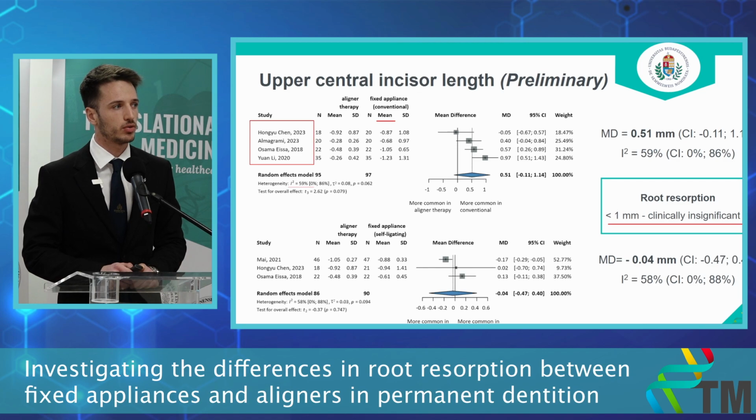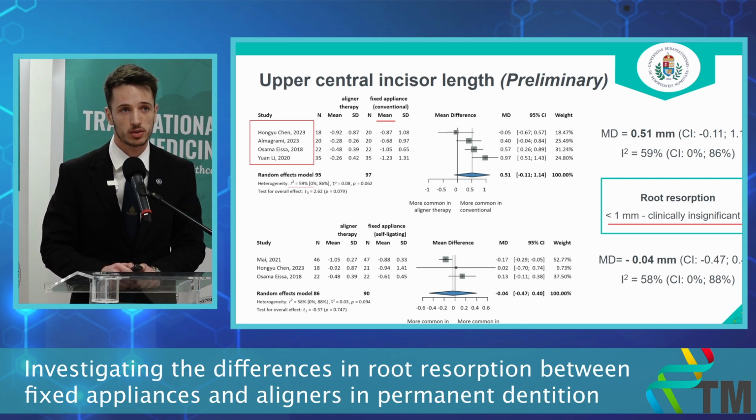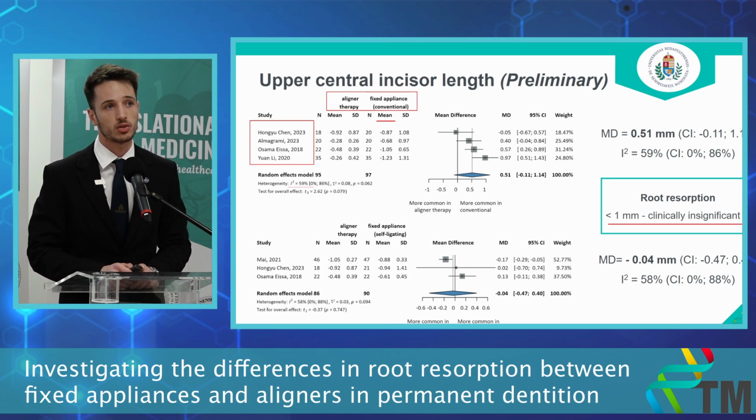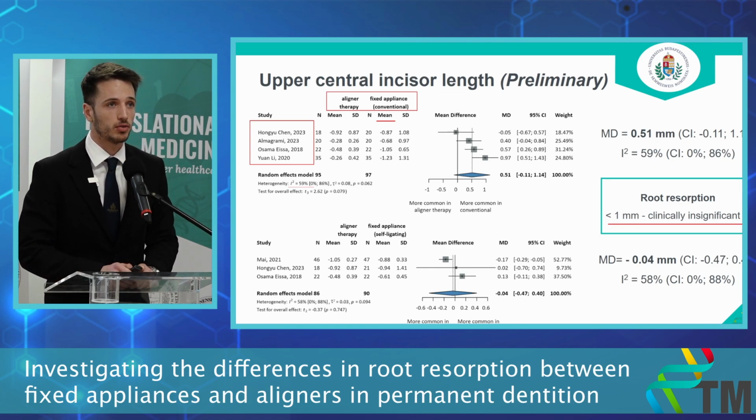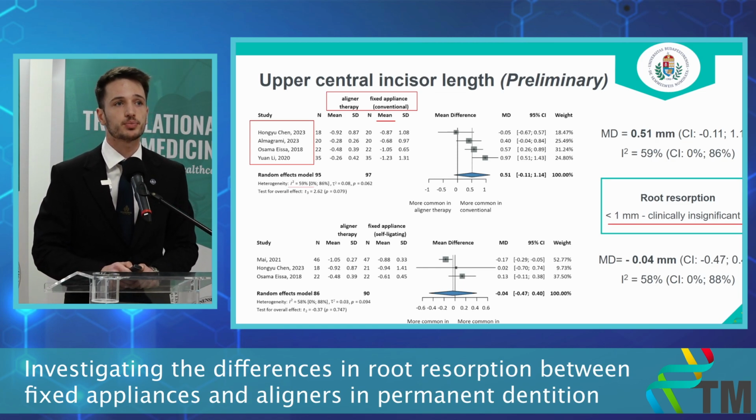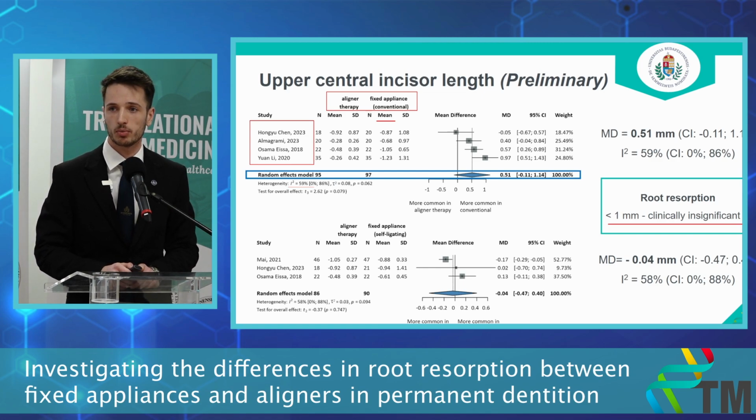With the I-square of 59%, we can say that there was a high heterogeneity. This can be due to the differences in demographics and also the treated malocclusions and the treatment time. In this case, I've compared aligner therapy with conventional fixed appliances, and the mean difference of 0.51 millimeter is below the 1 millimeter threshold, so we can state that it's clinically not a significant difference, and also we can see